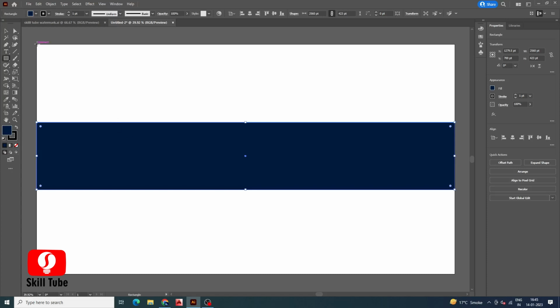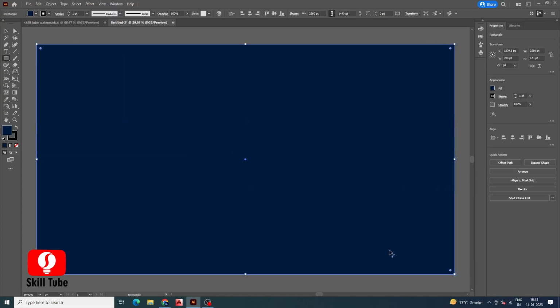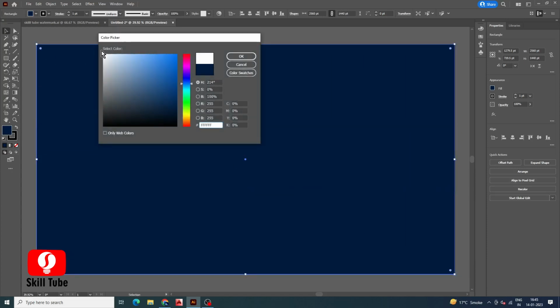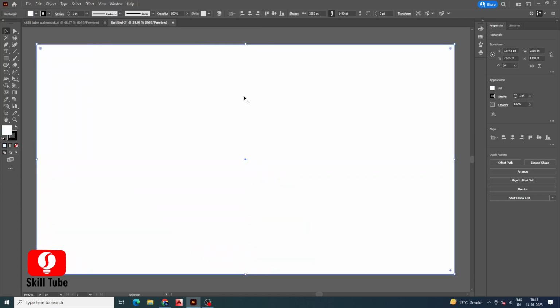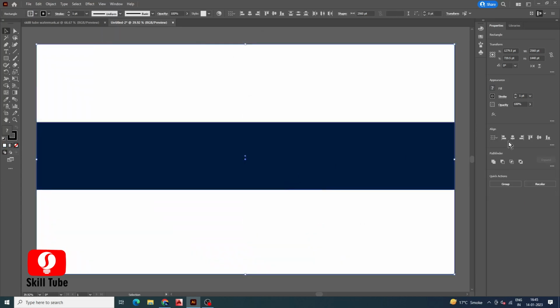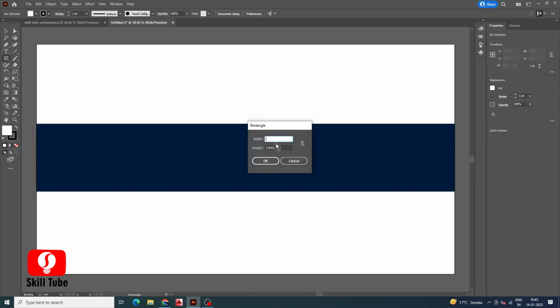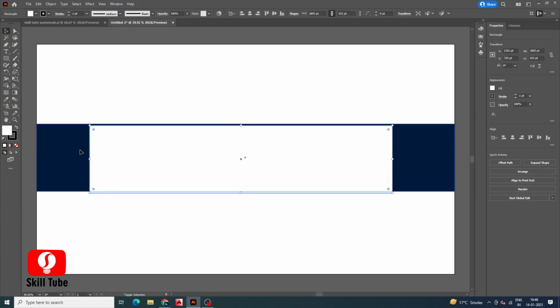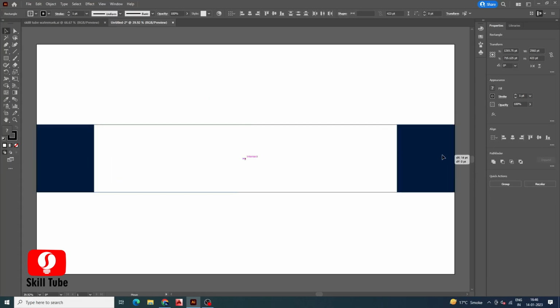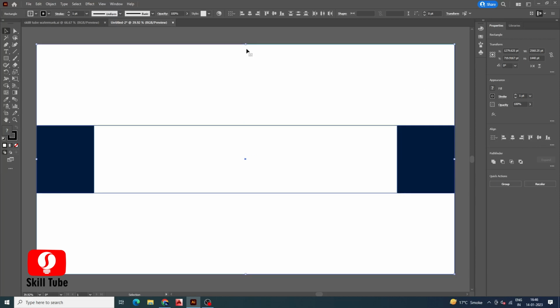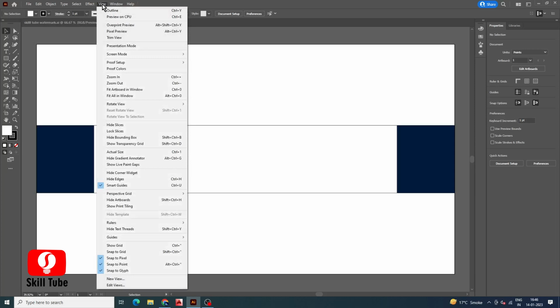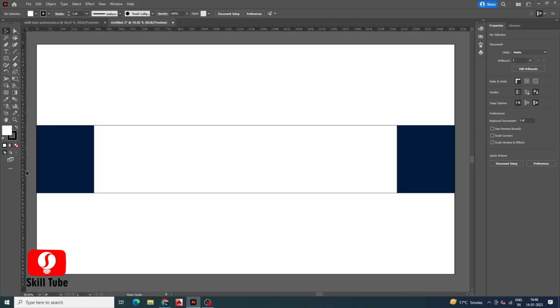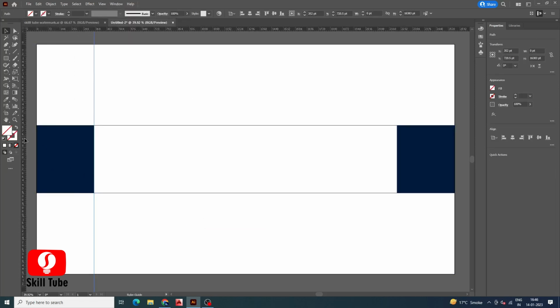Now we'll create a rectangle for the background. You can change it to any color you want because it's not part of your design. I'm changing this color to white and align these objects. Now create another rectangle and change the dimension to 1855 by 423 pixels and place it to the center. Align both the rectangles. Now go to View, Rulers, select Rulers and mark with the ruler just like this and